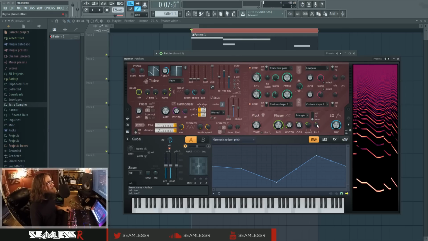I have a little bit of inverse key tracking on, which means that the position of the phaser is going to go up a bit when it goes down in pitch, which is interesting. It's not going to move all that much because I don't have it on 100% strength in either direction. A little bit of speed engagement, but it's going in the opposite direction. But the motion is not that important at this level because of all the crap we're going to do to the sound. Really, I wanted